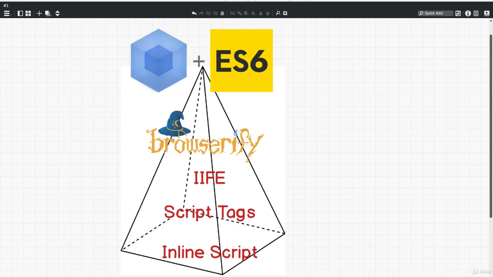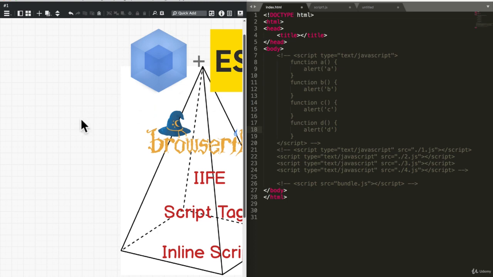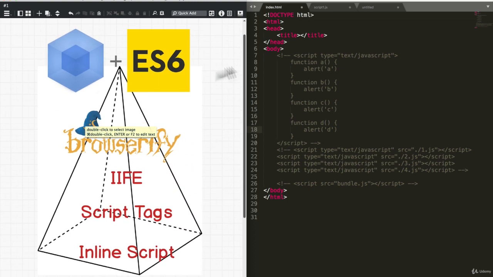And as we do in this course, we first start with the problem, then go to the solution that we have now to see where we were and where we are now. This is the mental model that I've created, and I call it climbing the mountain of modules. Let me explain. When we first started writing JavaScript and creating websites with JavaScript, well, we had an HTML file,